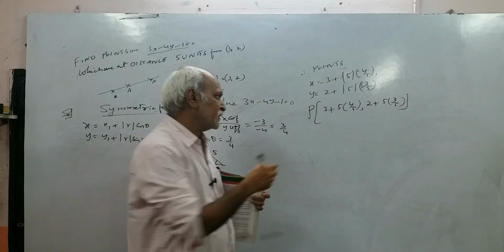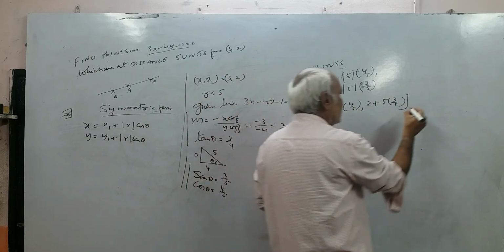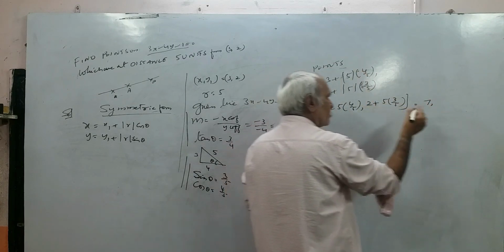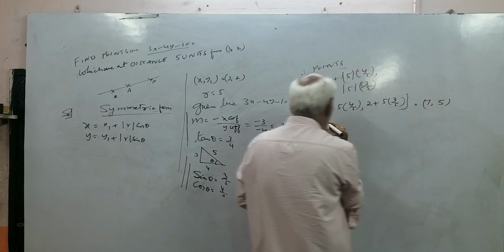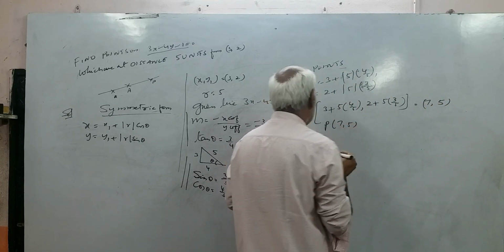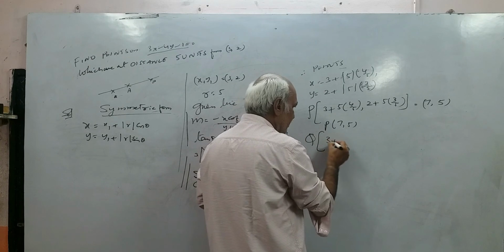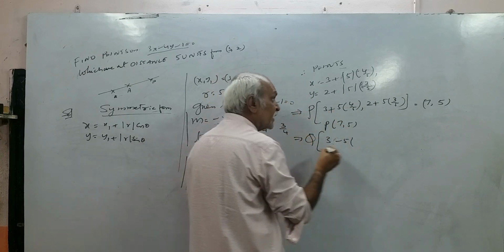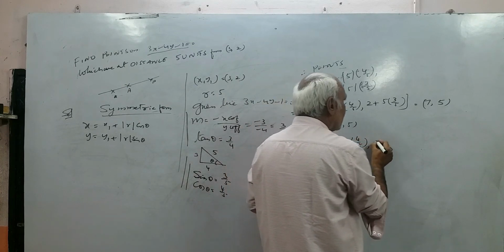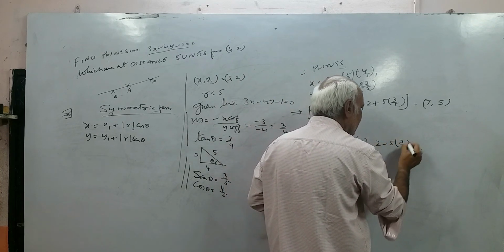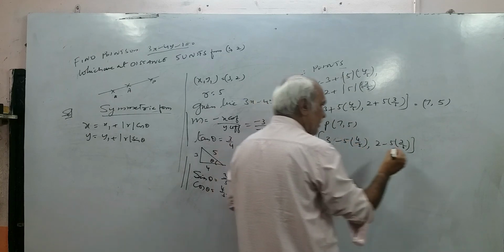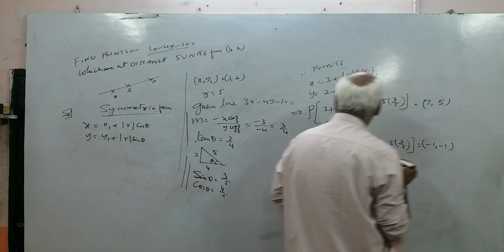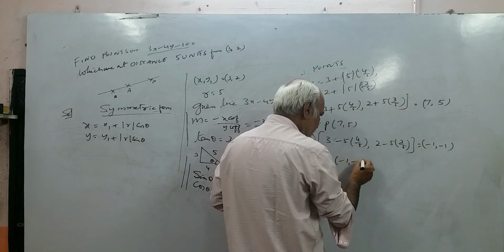First we take the plus sign. Now look at here, 5 and 5 will get cancelled. What is left? 3 plus 4 is 7, comma, 5 and 5 will get cancelled, 2 plus 3 is 5. So what is the P point? (7, 5). Now what is the Q point? 3 minus, we take one time plus sign, second time minus sign. 3 minus 5 into 4 by 5, comma, 2 minus 5 into 3 by 5. So 5 and 5 will get cancelled. 3 minus 4 is minus 1. 5 and 5 will get cancelled, minus 1. So what is the Q point? (minus 1, minus 1).